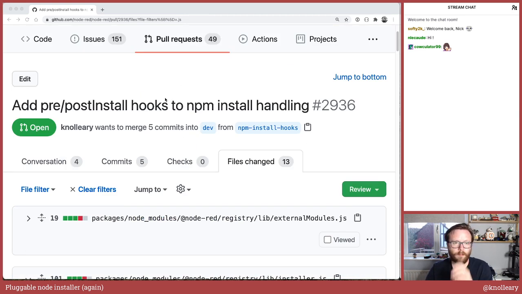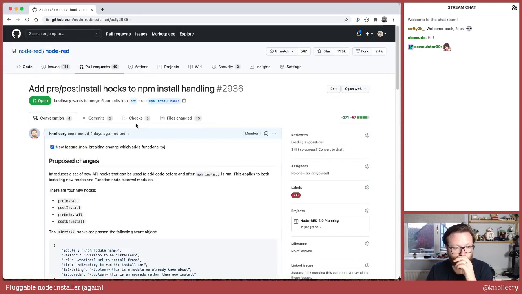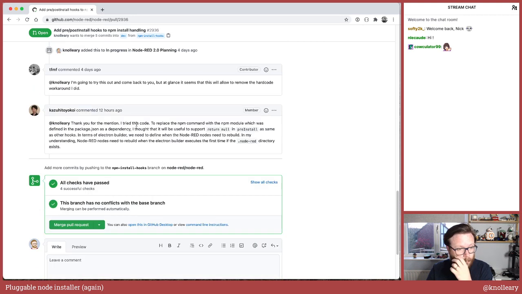Now, everything I've described there works on the assumption that all you need to do is run some custom code pre and some custom code post, but that the npm install will still get invoked no matter what. Some of the feedback we've had on this PR from Yoko-san, who's been looking at doing some Electron packaging, is that rather than have us run npm install as a child process, he would like to be able to